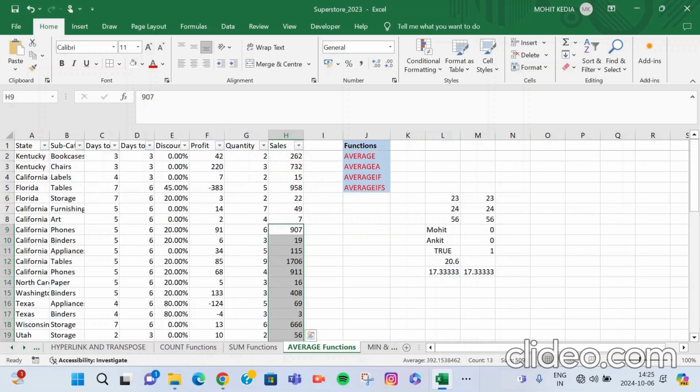So that's all we learned: AVERAGE, AVERAGEA, AVERAGEIF and AVERAGEIFS functions. So that's all for today. In the next video, we are going to learn minimum and maximum functions, then mode and rank functions, text-based functions,